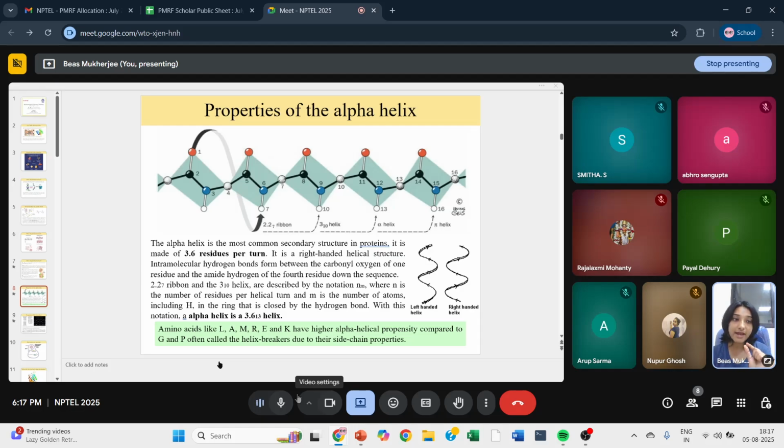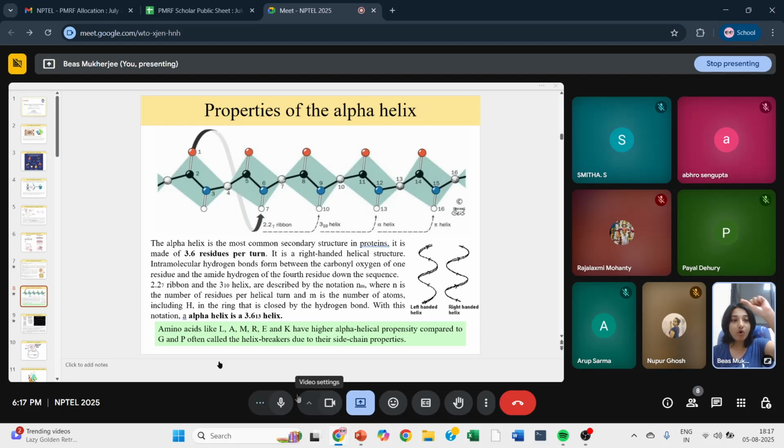And the black atom that you're seeing marked as 2, this is carbon. So this is the carboxyl group, and this 3 is actually nitrogen, and the one below it that is in white, that is actually hydrogen. So this CONH is actually the peptide bond. CONH is the peptide bond, right?